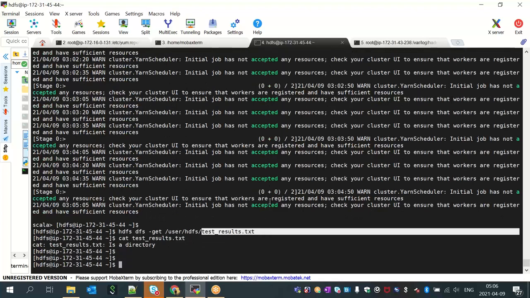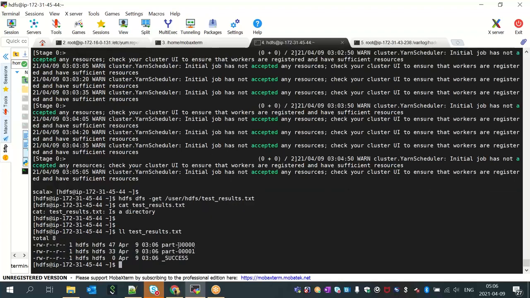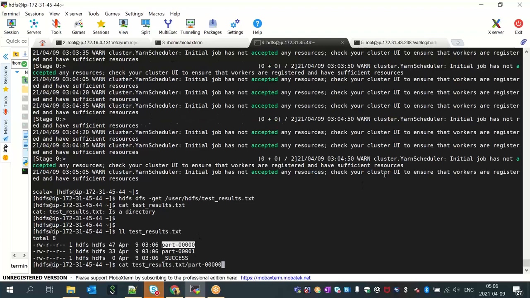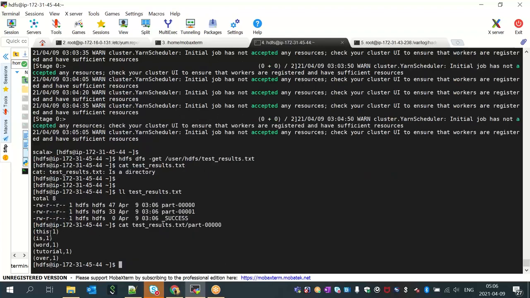So I have one word, tutorial, with count one. Every word has one. I think I did not have common words. That's why the number has not changed from 1 to 2 or 3. But if the file had different words,